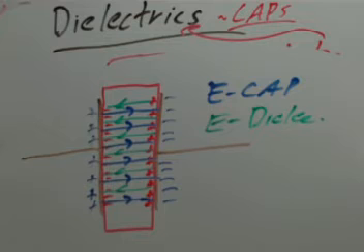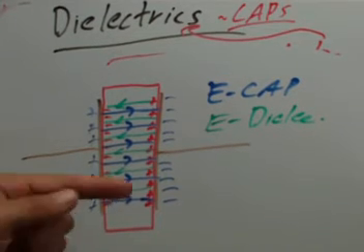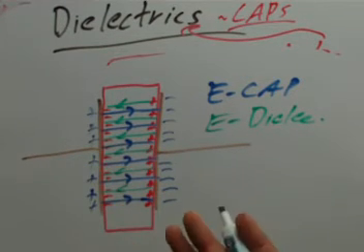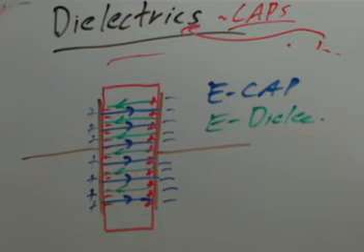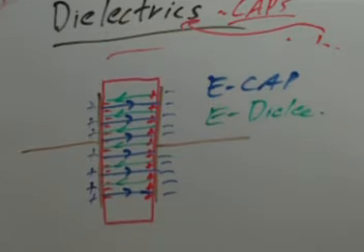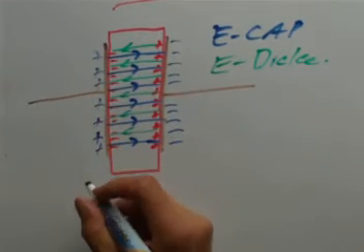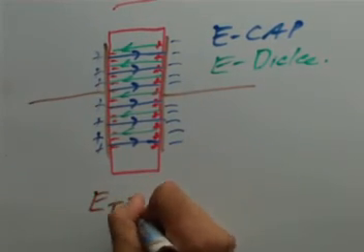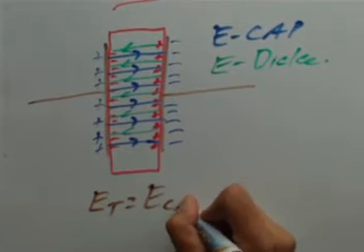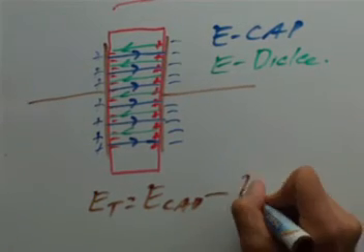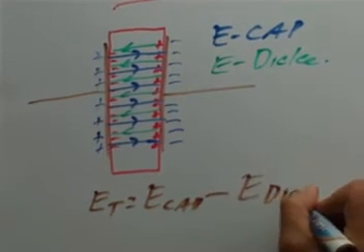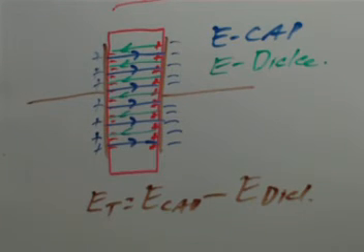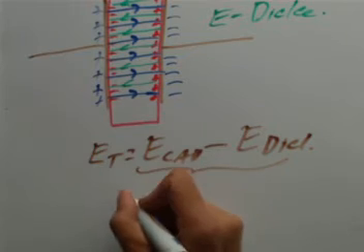But look at what happens here. If you have an electric field pointing to the right in the capacitor and an electric field pointing to the left in the dielectric, there's going to be a net cancellation of the electric field. So if you want to know what the total electric field is in that interior region right there, the total electric field is going to be the electric field due to the capacitor minus the electric field due to the dielectric. And no matter how you orient the system, the effect of the dielectric is always, here's the big thing here,